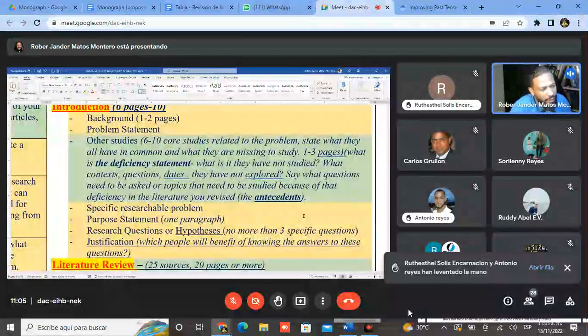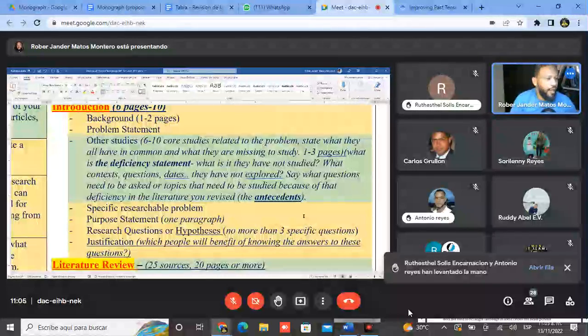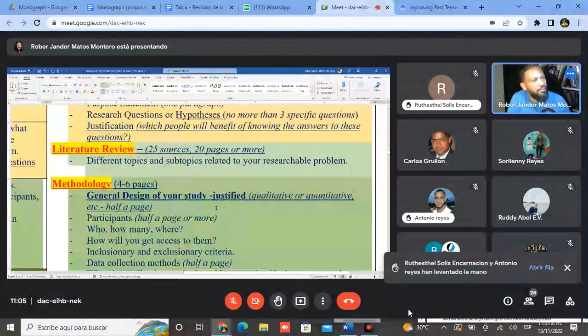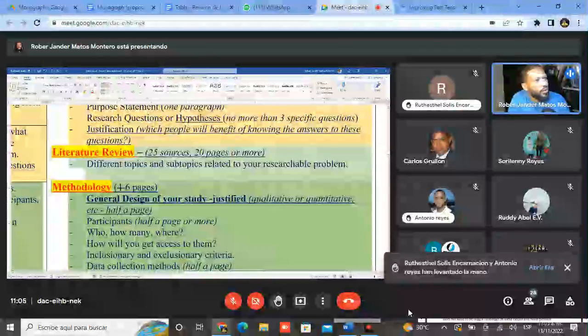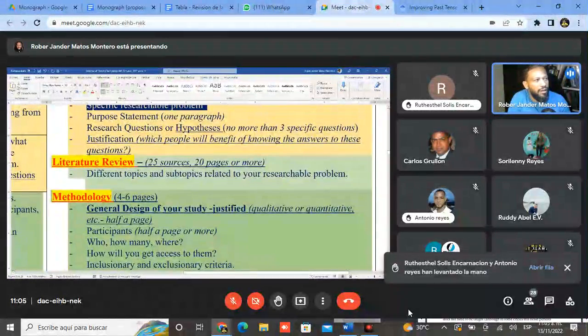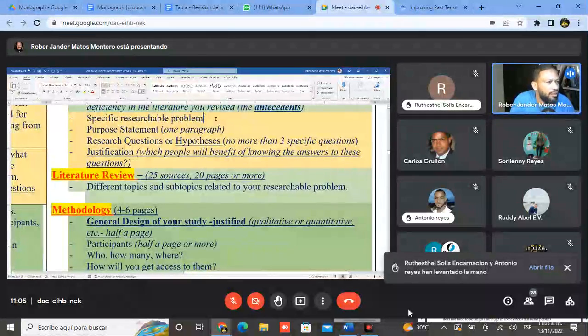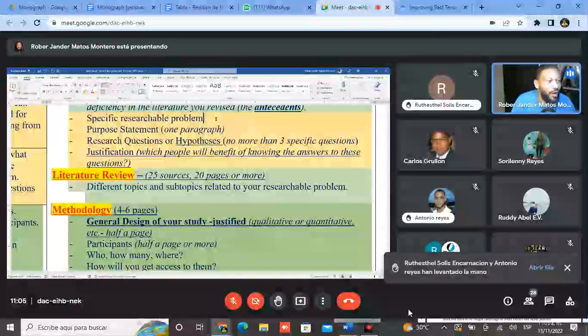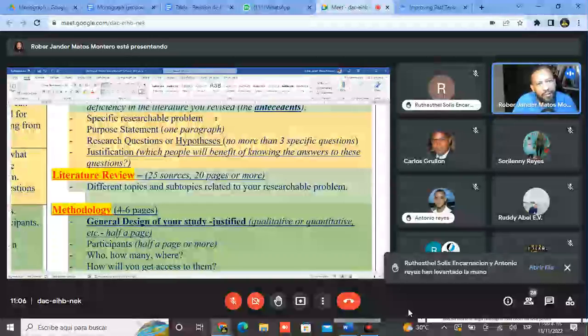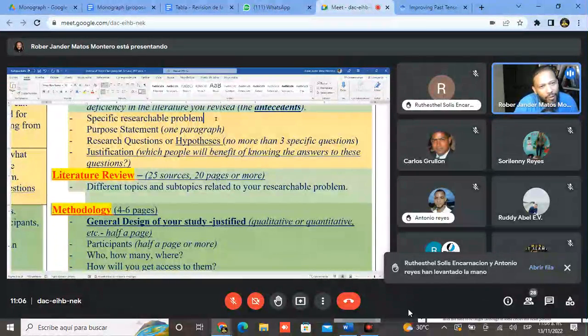State your specific researchable problem. The nature of the problem might call for a qualitative treatment of the information. But some other research problems might call for a mixed research process, while others might call for a qualitative research. If your specific researchable problem tells about